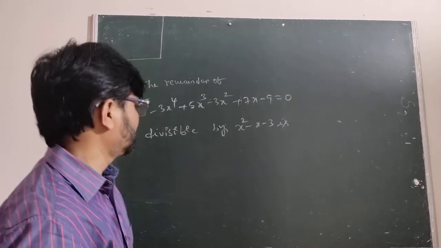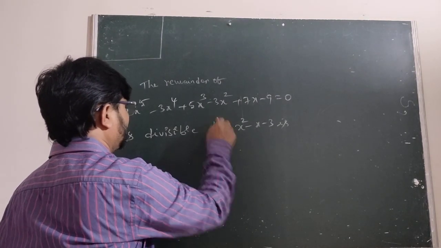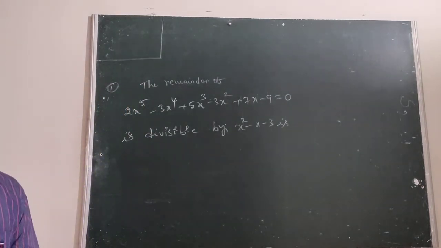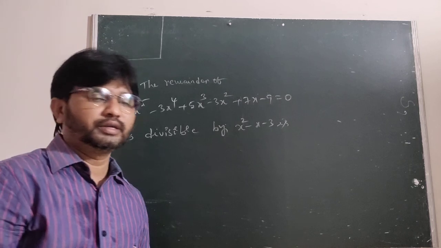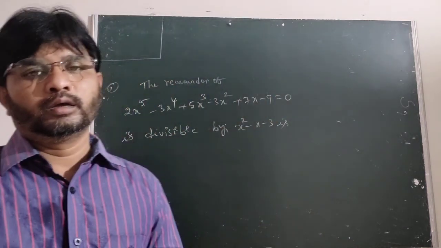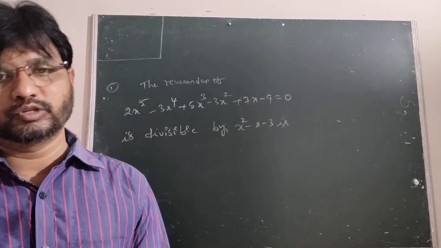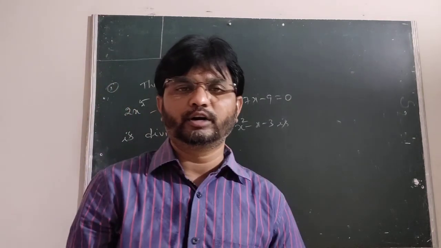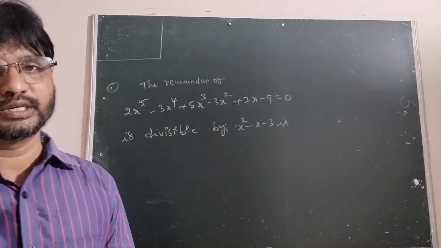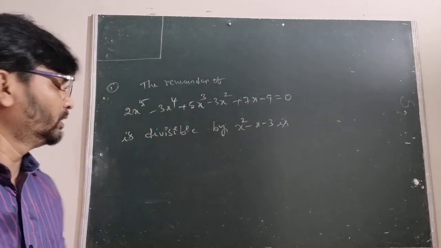So now we are going to some different types of objective models. Only one concept is there, that is the reciprocal equations. The reciprocal equations class 1 and class 2, even degree class 1, odd degree class 1, even degree class 2 and odd degree class 2, are important only from the board and intermediate point of view. But those sums we will discuss tomorrow.